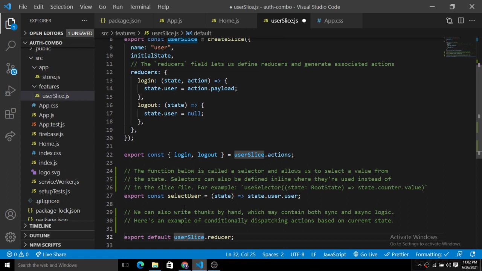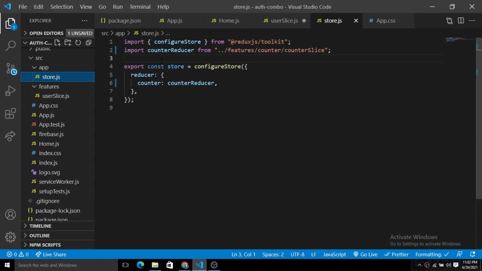But we are only halfway through creating this. We need to make it persistent. For giving it persistency, you need to go back to your store.js, and inside of this store.js you first of all need to import the user reducer from the user slice that we have created here. So we import the user reducer from the user slice, and in the configuration of the store, you need to update it with the user reducer.